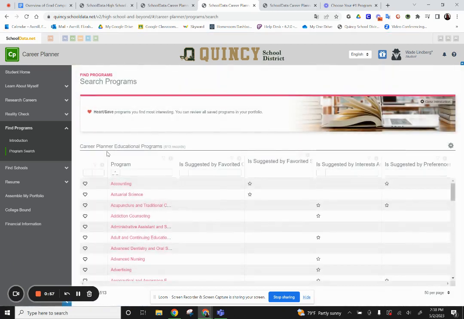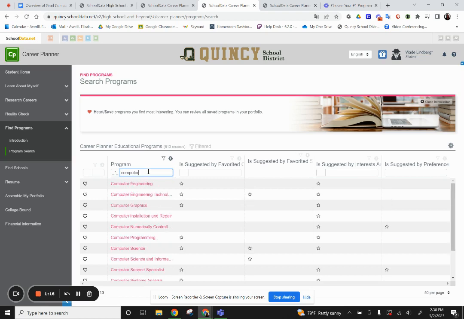When you're searching for your specific program and you find your number 1, make sure to heart or save the program that you find most interesting. There are a variety of different ways to filter. You can always scroll down. You can search by a specific keyword. So for example, if my career goal is computer science or computer programming, I can put in the word computer